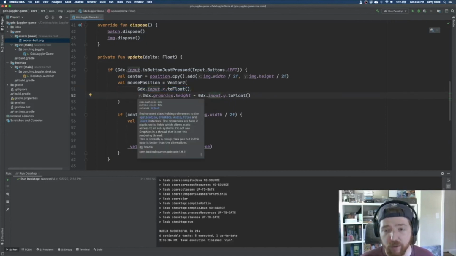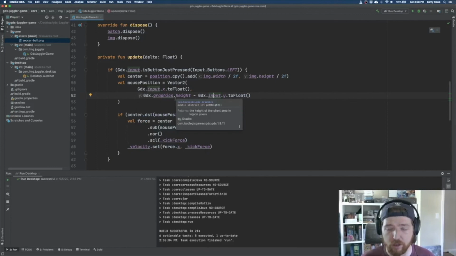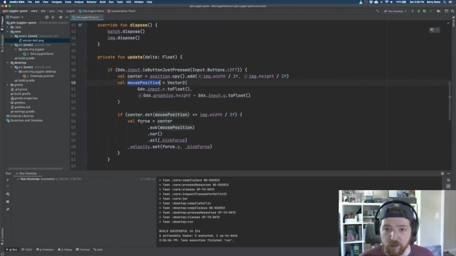And you can play around with drawing several different things to really understand this, and I feel like I did not give a good description of what that was. Just know that the coordinate system for drawing is inverted from the input system on the y-axis. So you always have to do that adjustment if you're grabbing the input. So once we have the center of our image and our mouse position, we can say, hey,